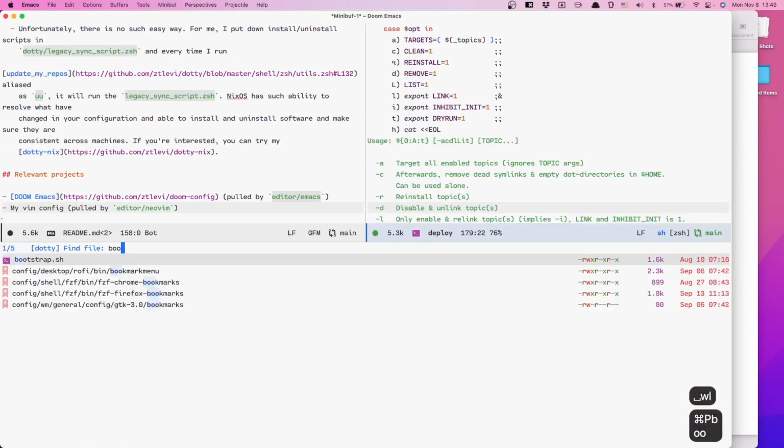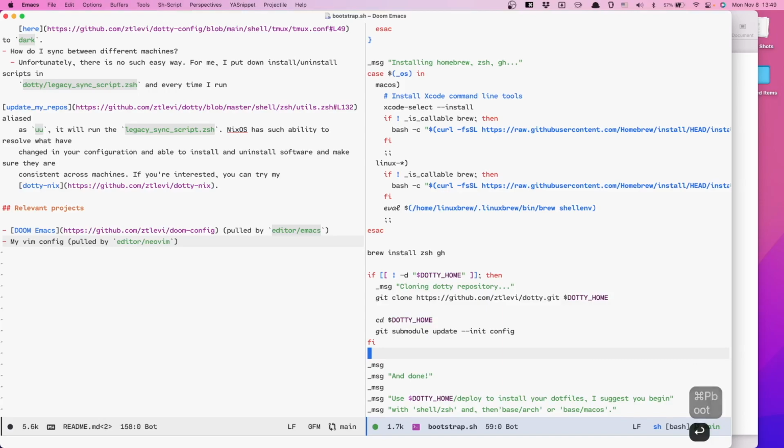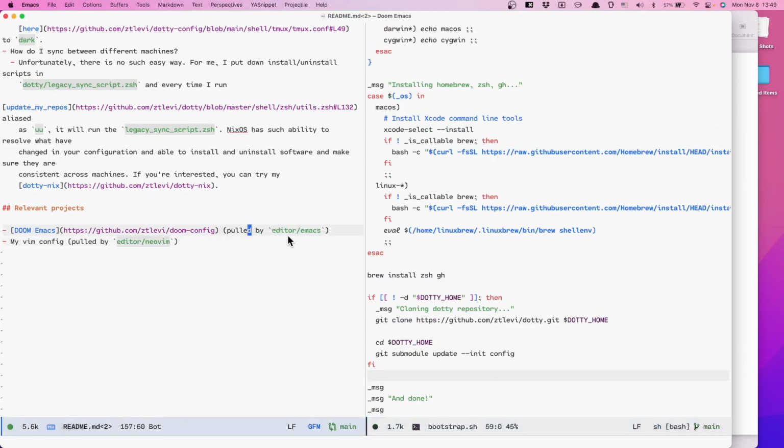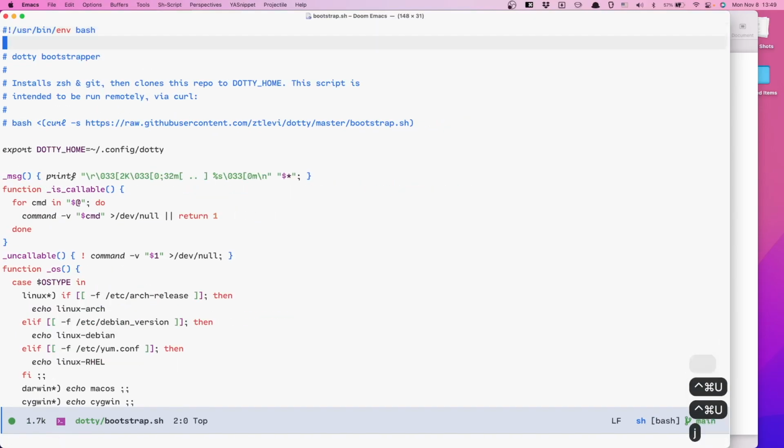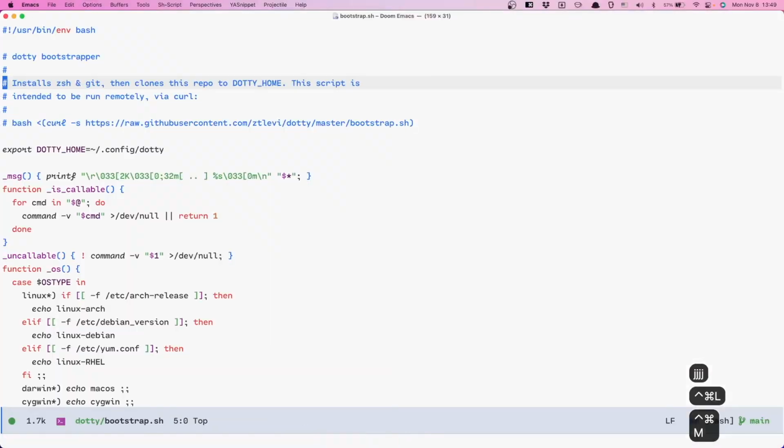You can tell from here, it's bootstrap.sh. To get started, you just need to use bash and curl to download the script and evaluate it